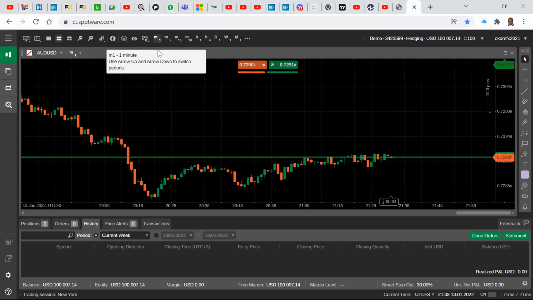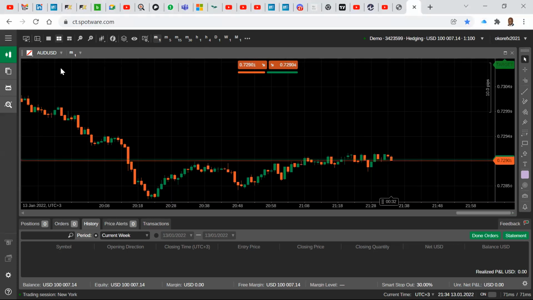Now, we need to hurry up a little bit. I forgot to mention, very important, the currency pair that you want to use. The currency pair you want to use is here, but you can change it from here. I guess this is probably the most important thing. You see this drop-down menu there? That's the one you click.